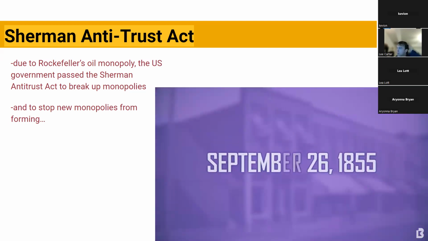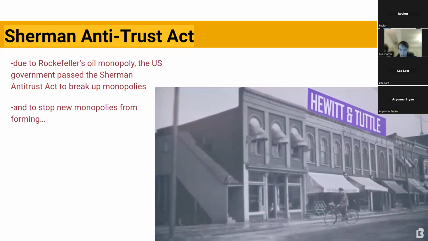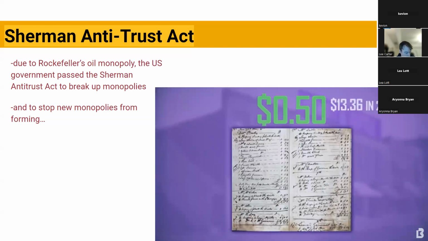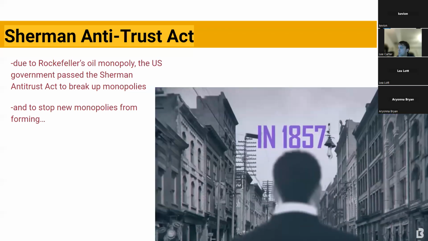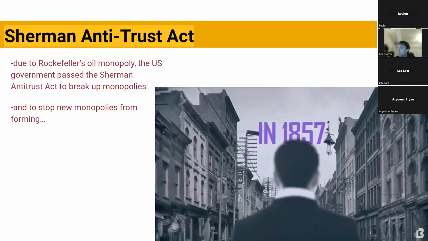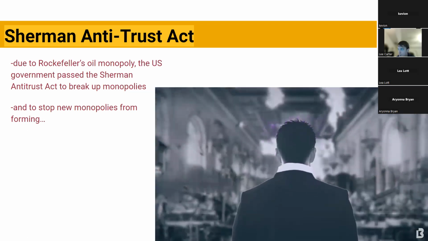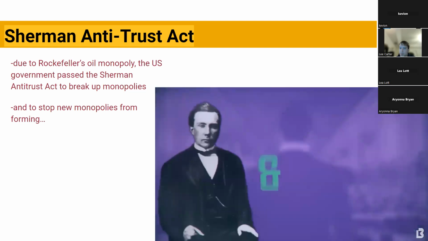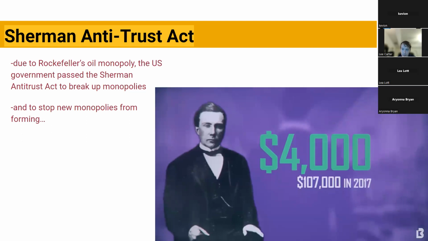But less than a year later, John dropped out in order to work as a bookkeeper at the local produce broker. He would earn 50 cents per day, which obviously wasn't much at the time, so he would help other companies on the side. But after 2 years of working there, his bosses refused to give him a meaningful raise, so he decided to one-up them by starting his own produce brokerage. Thanks to his good reputation, he got a loan of $4,000, which at the time was a huge sum.